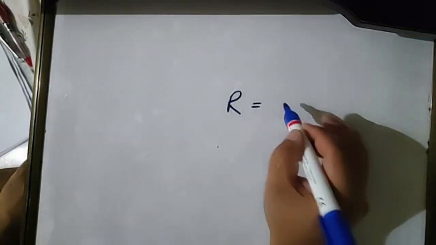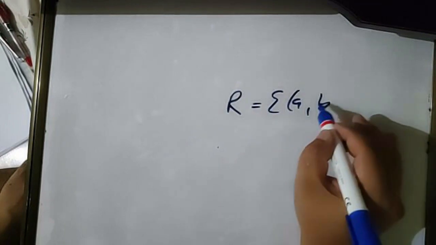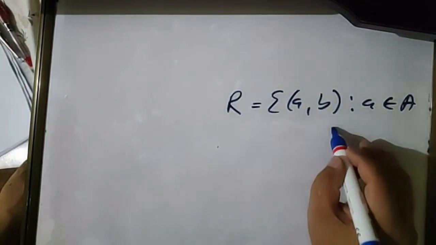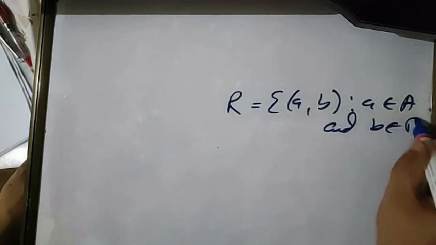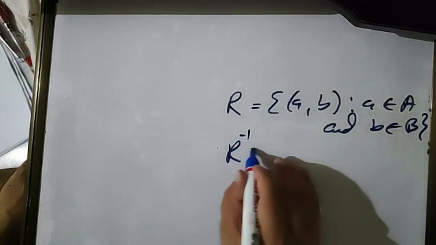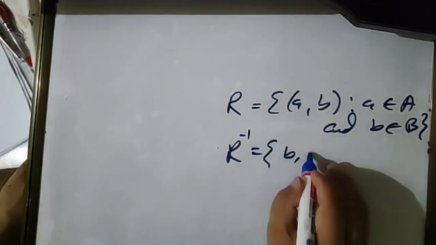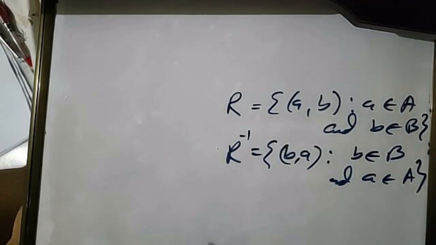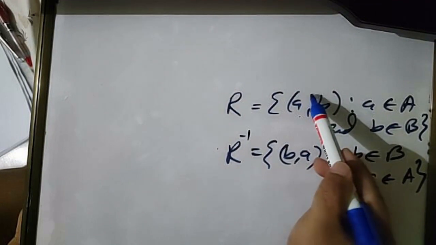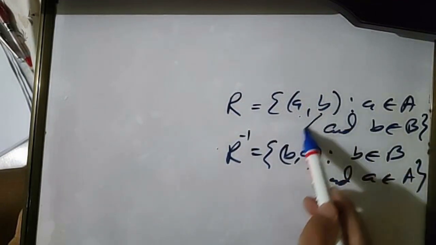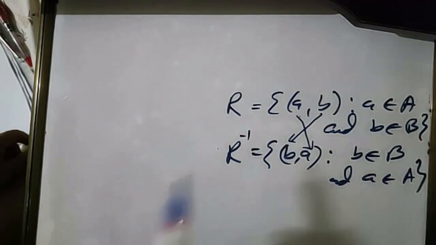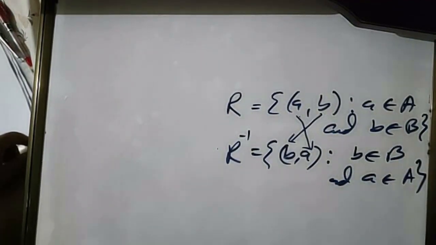रिलेशन R का एलिमेंट सपोज (a, b) है, so that a belongs to A and b belongs to B है, then इसका इनवर्स रिलेशन होगा R inverse, which is equal to (b, a). सो दोनों में क्या डिफरेंस है? ये एलिमेंट का पोजीशन चेंज हो गया, ठीक है। सो ये यहाँ पे आ गया, ये यहाँ पे चला गया, तो ये डिफरेंस है दोनों में, रिलेशन और उसका इनवर्स में।